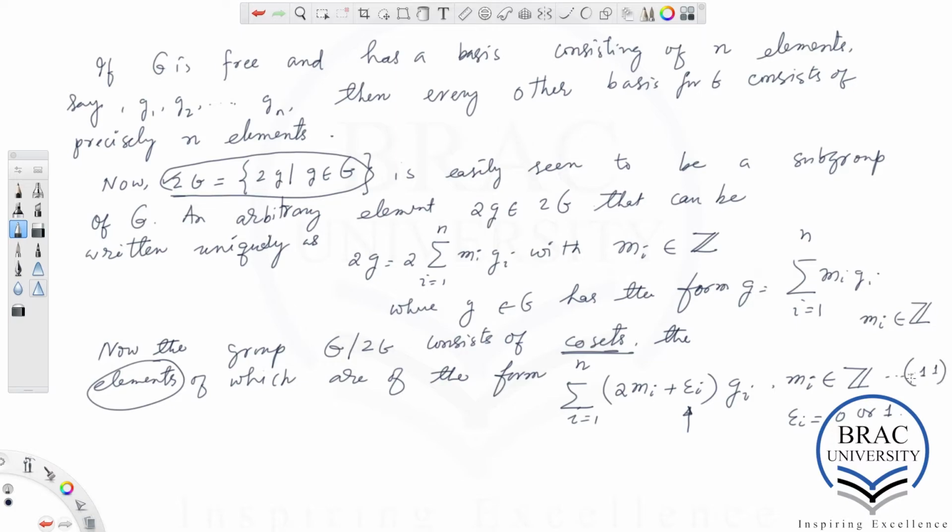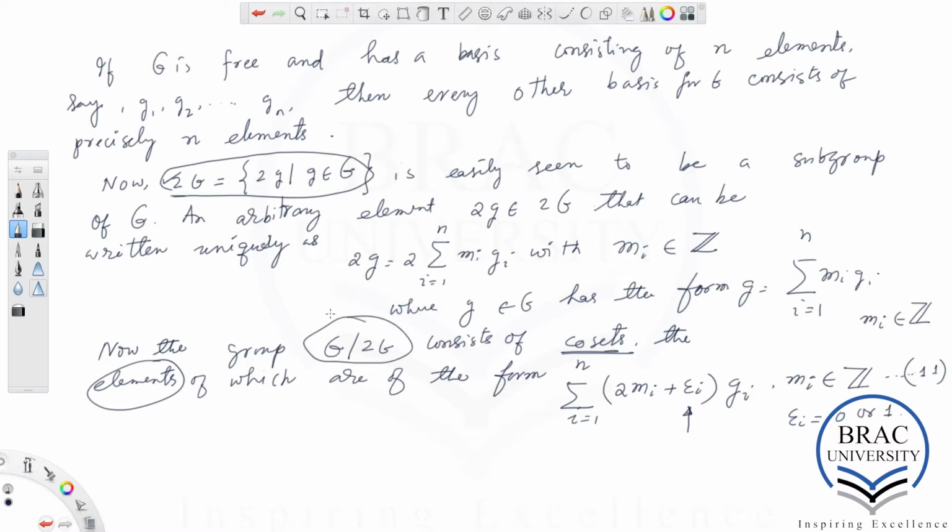If all the epsilon i's are 0 in 11, one gets the representative of one of the cosets here.